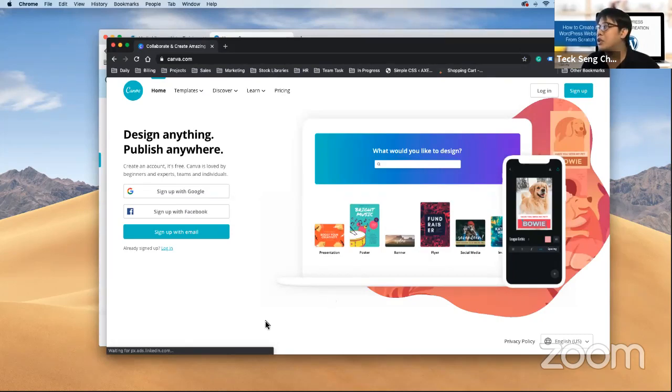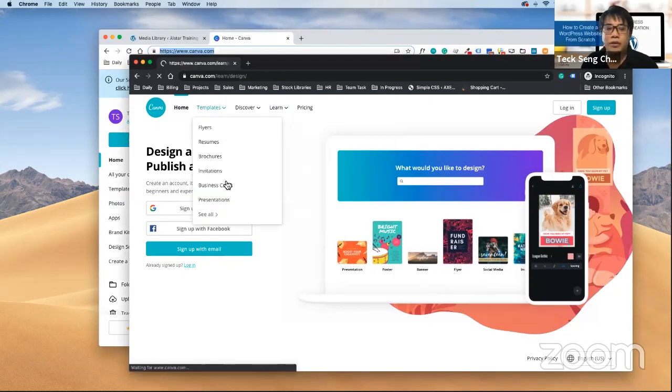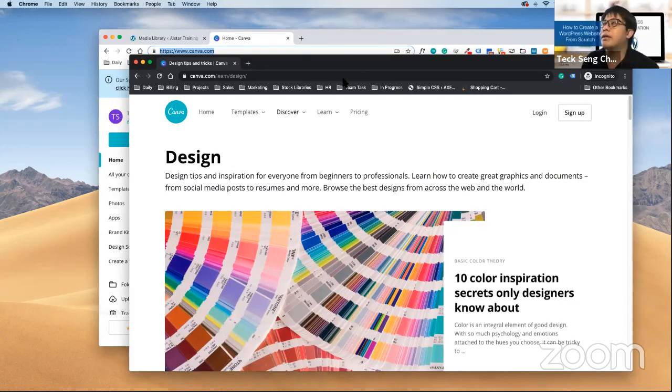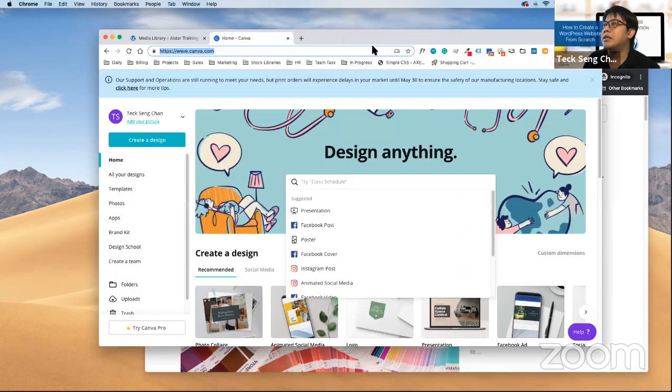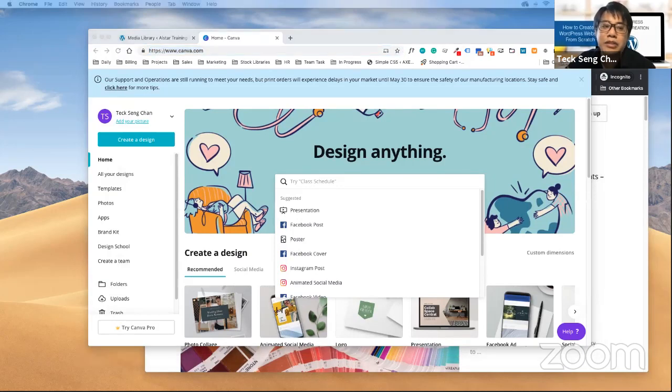Number one. Number two is actually cheaper if you buy their version. But for the free part, you can do most of the things already. Okay, for the free license, you can consider this. But if you want to make things easier for yourself, usually we use Photoshop if you know how to do it. But if you already have the image, there's no need to do too much editing except to crop and resize. You can actually use the WordPress built-in crop and resize feature. So with this, you don't really have to put it in Photoshop or use Canva.